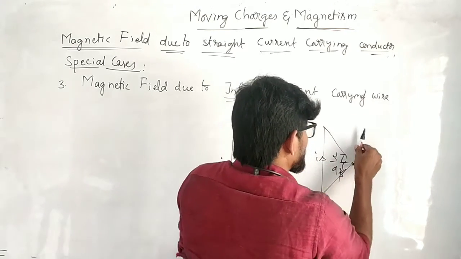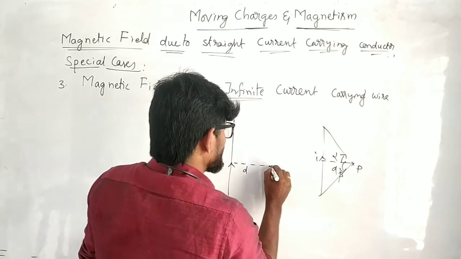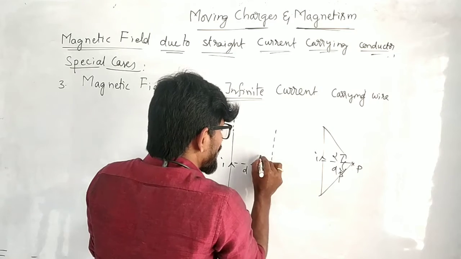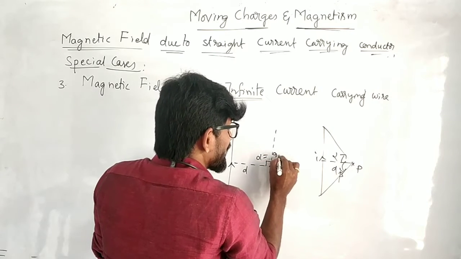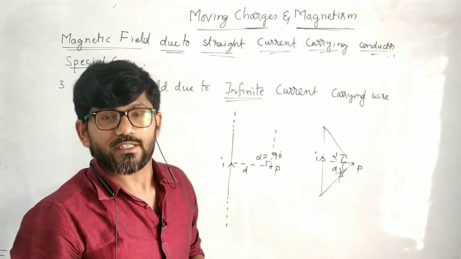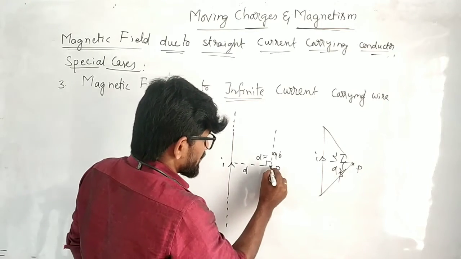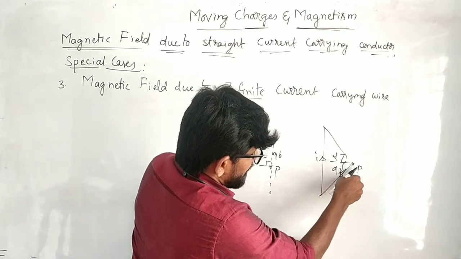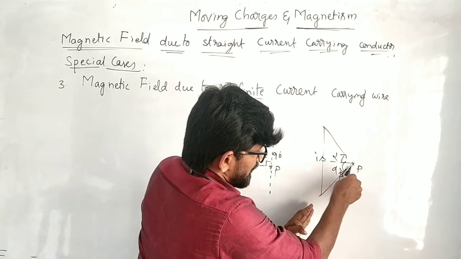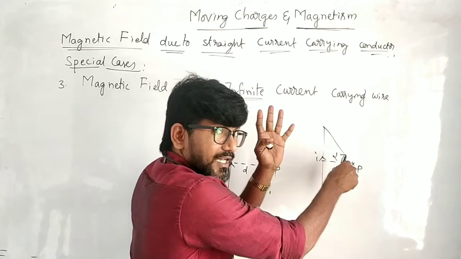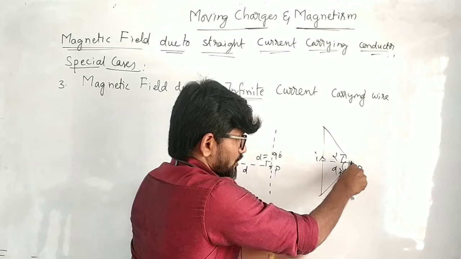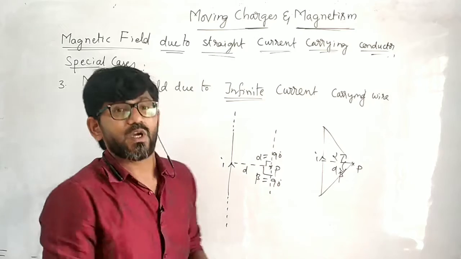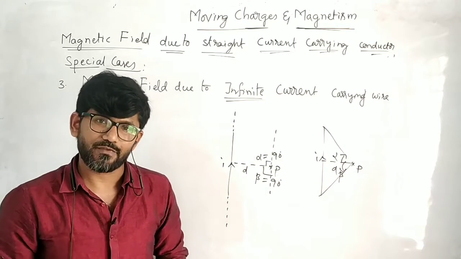So the line will be like this. For an infinite conductor, the line joining from the top end to this point looks like this. So alpha will be equal to 90 degrees or pi by 2 radians. Similarly, this end also, the line looks like this, because this point is extending, the angle will increase gradually, and when it is relatively at infinity, this line almost looks like a parallel line. So this angle beta will also be equal to 90 degrees. I hope it is clear for you guys, right?